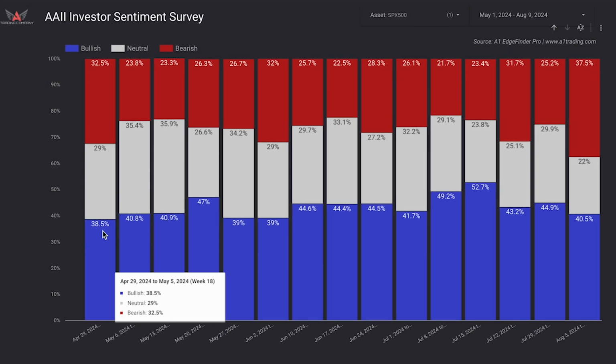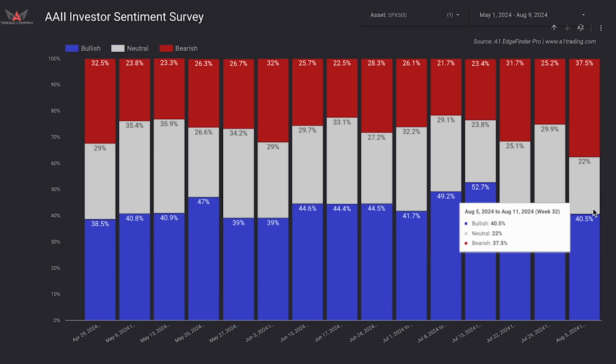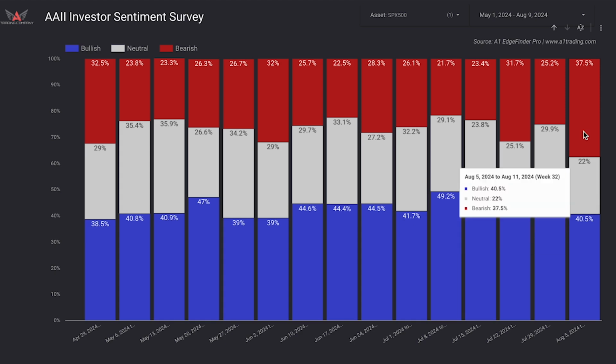So we can see week by week, going all the way back to April 29th to May 5th. That is the first week that we have listed here, all the way up to present week, August 5th to August 11th. What do these individual investors believe the market is, where do they believe the market is heading? And we can see overall right now that individual investors are still favored bullish on the market, even though it is pretty close. We see overall 40.5% are bullish right now, 22%